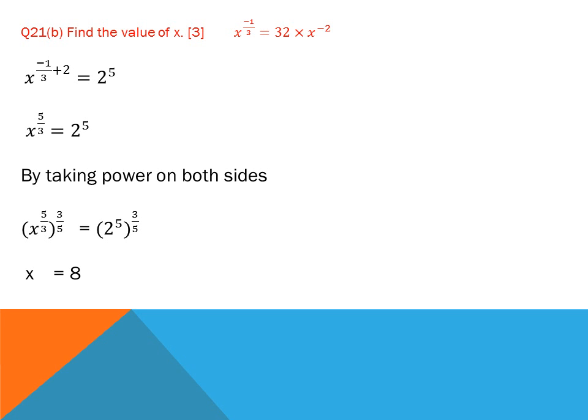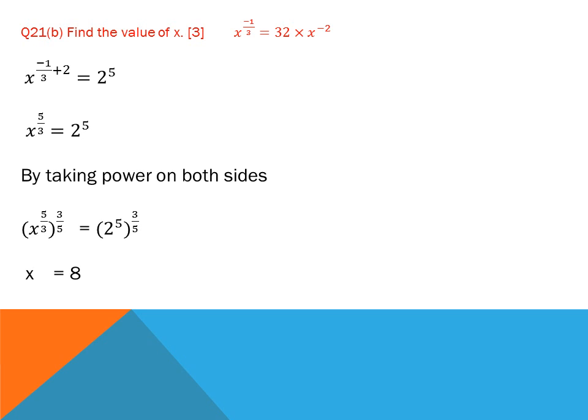When I take the variable to the numerator, the sign of the power will be changed from negative to positive, so it will become x power minus 1 by 3 plus 2. Again I use the prime factorization method. I find that 32 is equal to 2 power 5. So x power 5 by 3, when I solve minus 1 by 3 plus 2 by calculator, I find that x